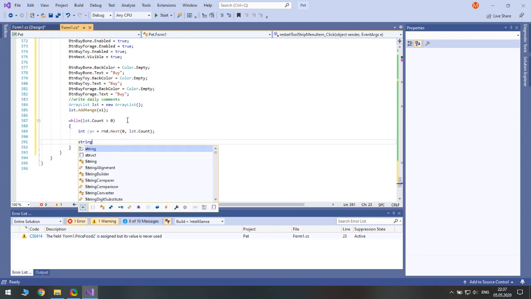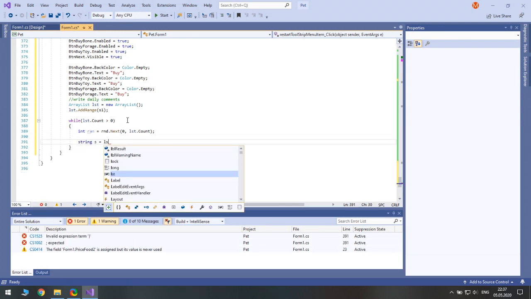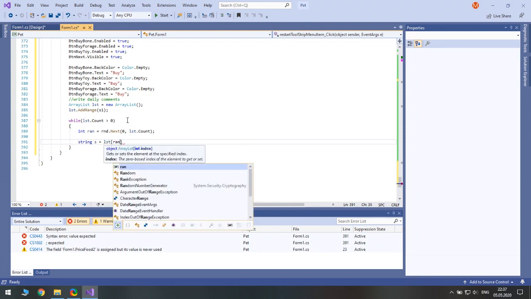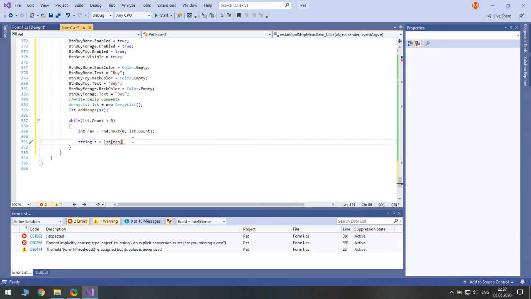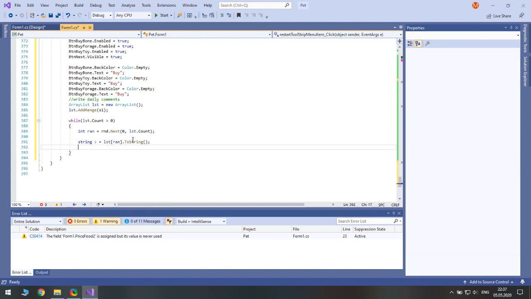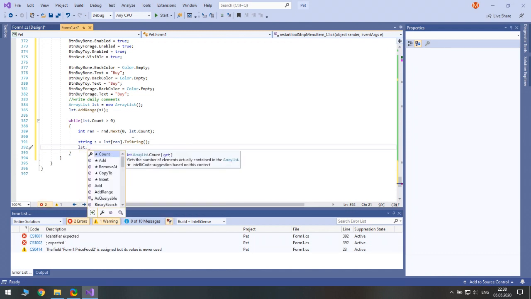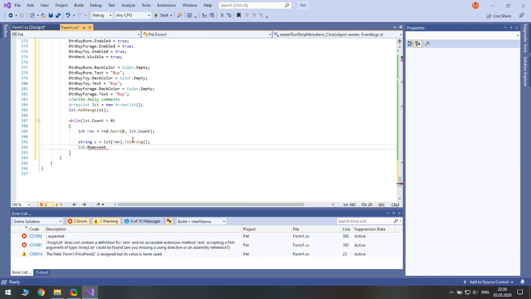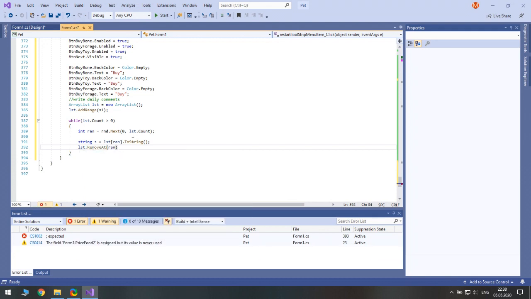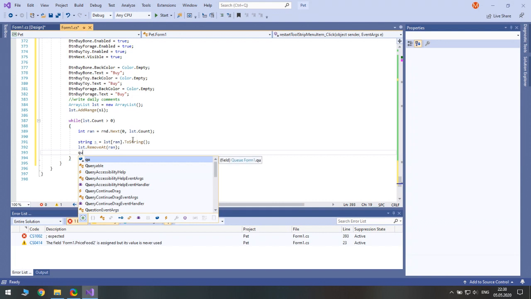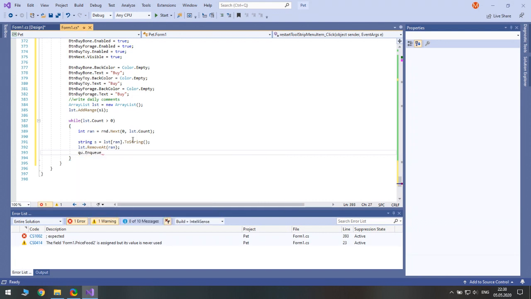We create a string and assign it to one of the strings in the array list and cast it to string. Then we remove that string from the array list and we enqueue it to the queue. Yes. Good.